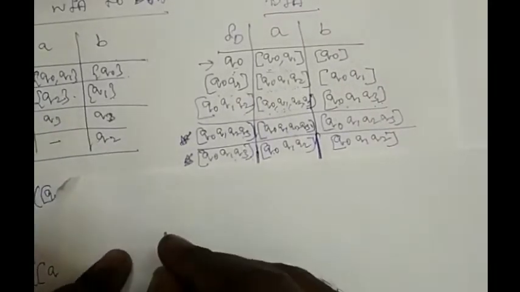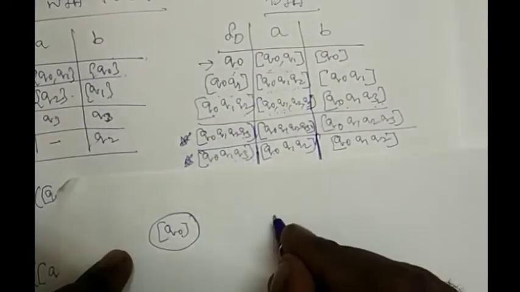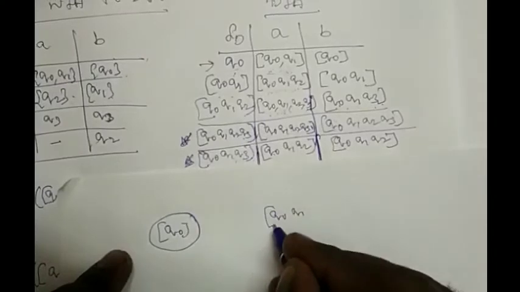First is Q0. Q0 is one state, and Q0, Q1 is another state, and Q0, Q1 and Q2 is another state,